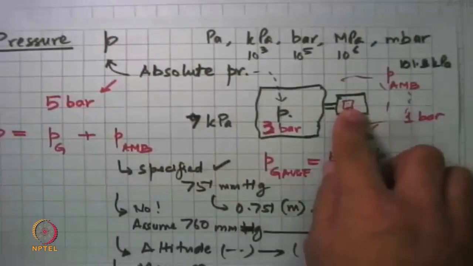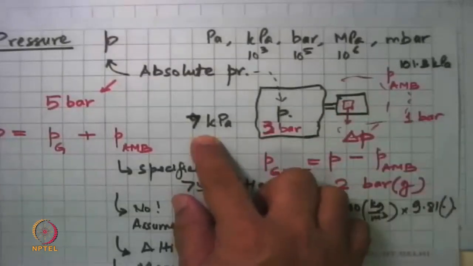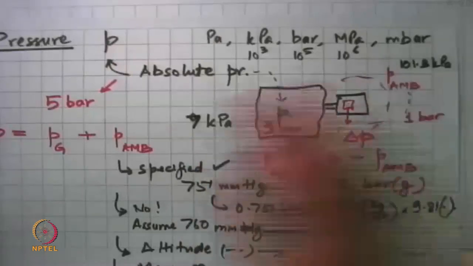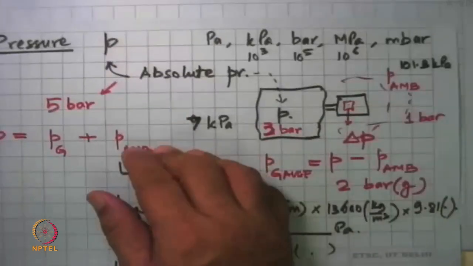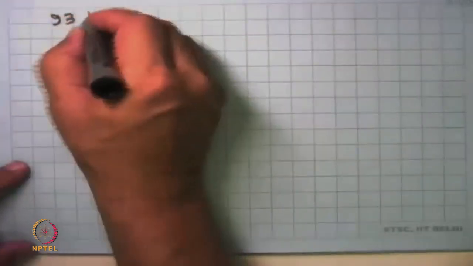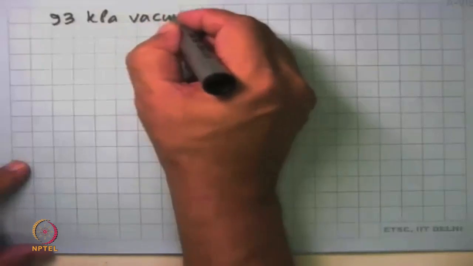So the gauge that is there at the petrol pump cannot measure this pressure. We need another instrument which can pick up pressures below atmospheric pressure. And when we read that gauge, you will get a pressure, and in this case it will show 93 kPa, but that is the gauge pressure, and instead of writing G, we write the word vacuum after that.